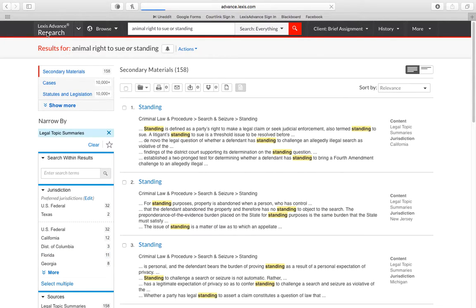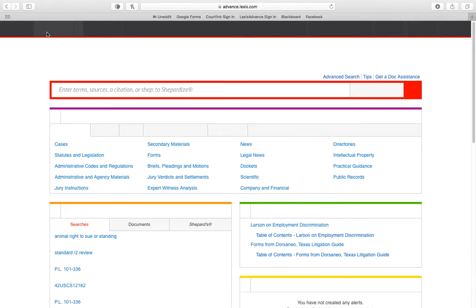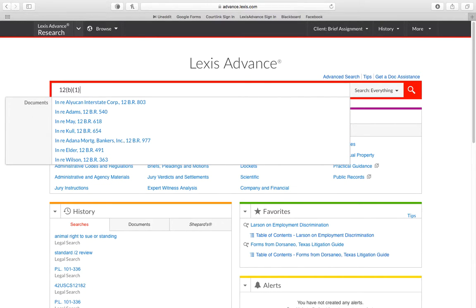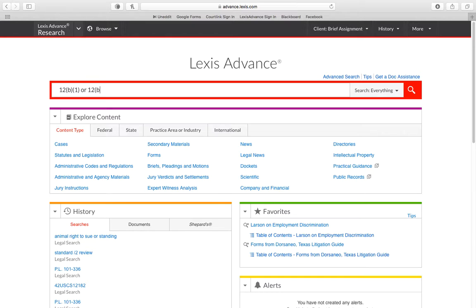Now, our final step is to be accessing briefs that have already been filed with the court, both for stylistic guidelines and to see some basic discussions about our topic. Now, as mentioned earlier, we're dealing with 12b1 and 12b6 issues, so specifically a lack of standing or failure to state a claim. So I'm going to build out a terms and connectors search based on this issue. So we'll be looking for the terms 12b1 or 12b6 or lack of standing or failure to state a claim